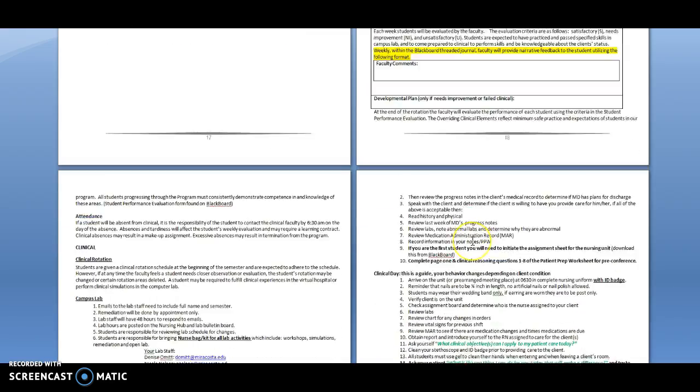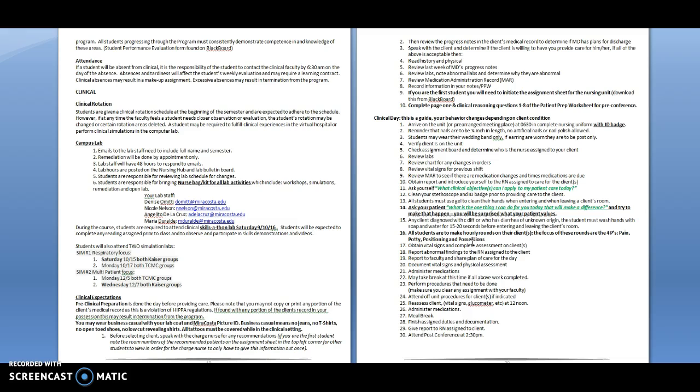There's also a journal which you submit online. Everything is submitted online through Blackboard. And I'm going to let the nursing faculty in the clinical setting go over this stuff with you. But I do want to point out that campus lab here,